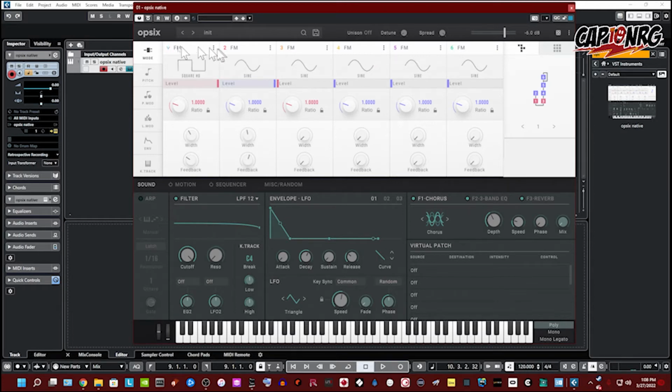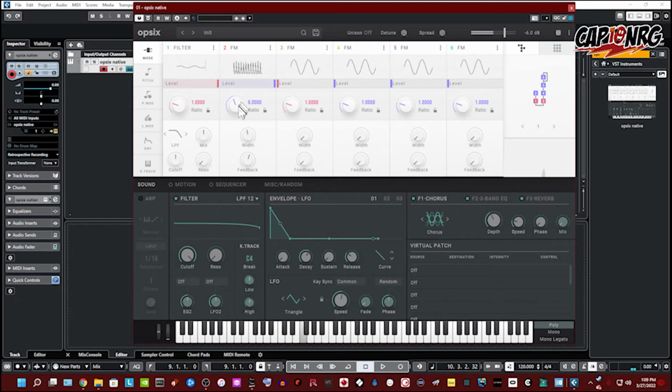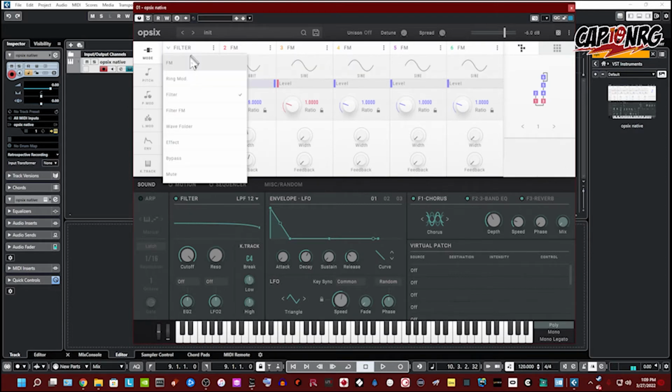Up top right here, if you click FM, you will notice that there are different kinds of modulation you can choose here. So I'm going to go change this from FM to a filter. Change this back to FM actually. You can see down here, the type of filter is here. We can control the mix, cutoff, and resonance. This changes based on what these are. So if I hit wave fold, for example,